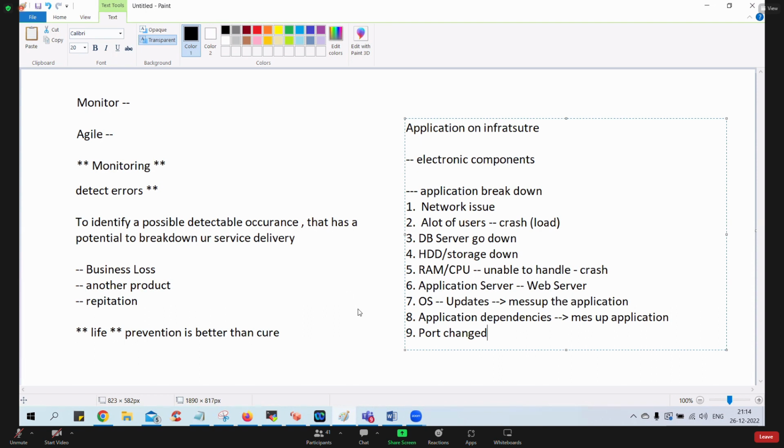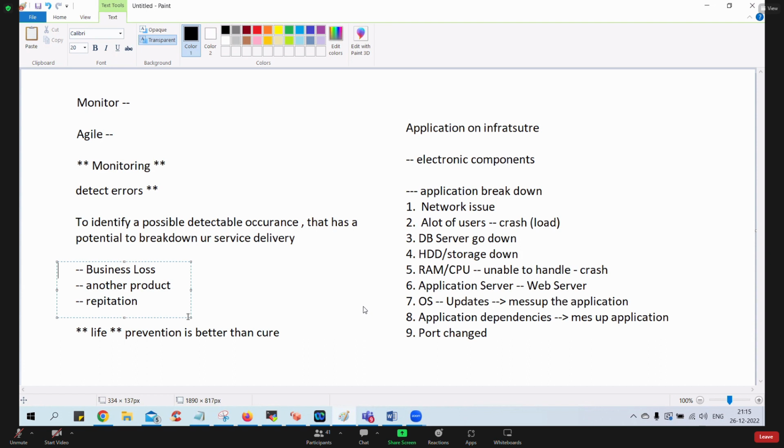You have to keep an eye on your infrastructure, what is going on, whether users are able to access or not, whether the DB is working or not. Everything you need to keep an eye on. That keeping an eye on your entire services, we call it service delivery. So any disruption in your service delivery, don't you think it's a business impact? Am I right? Any disruption in your service delivery, whatever you promised to your client, that is a business loss.